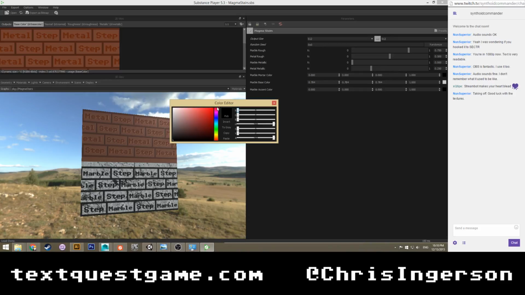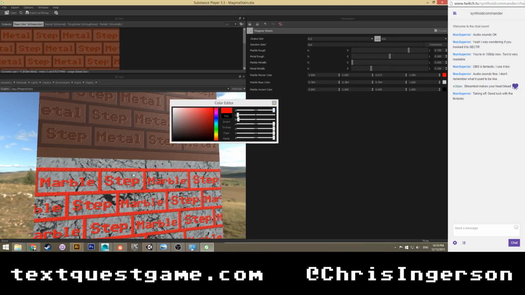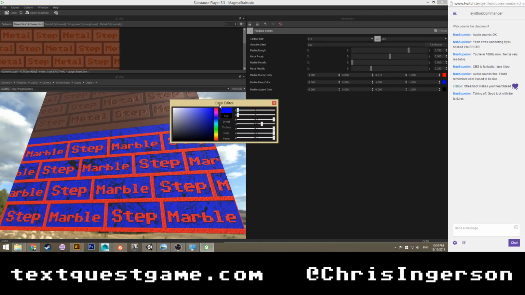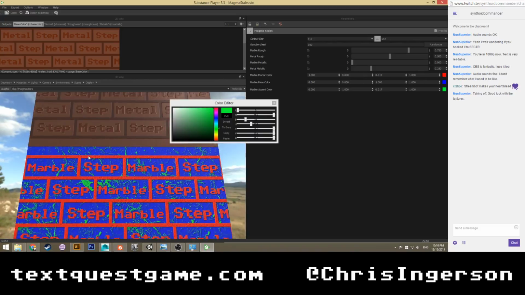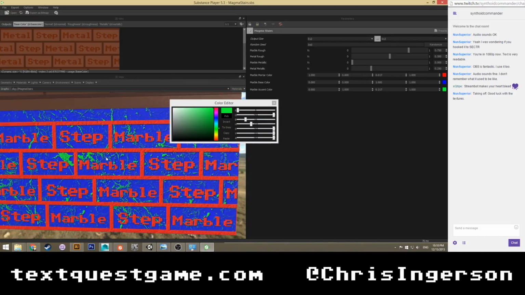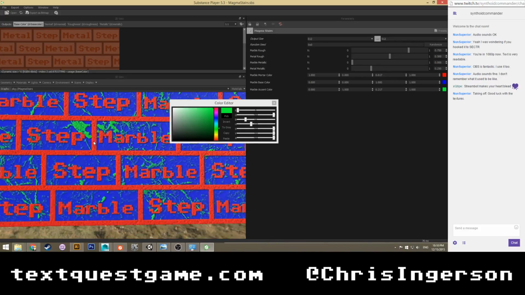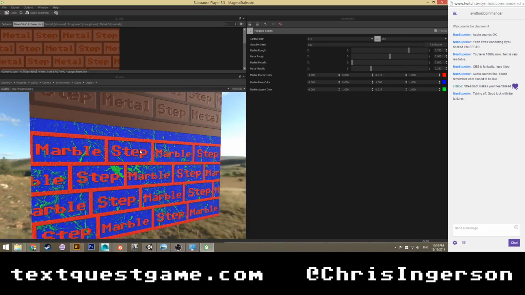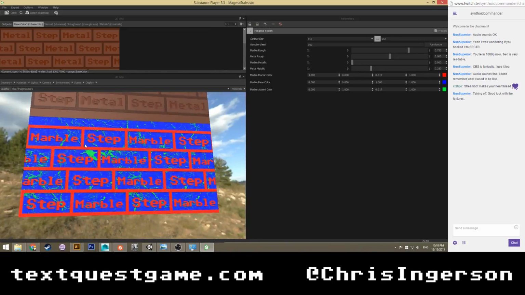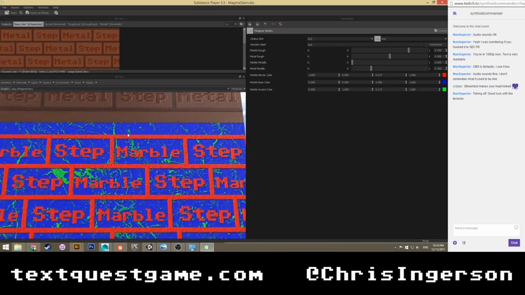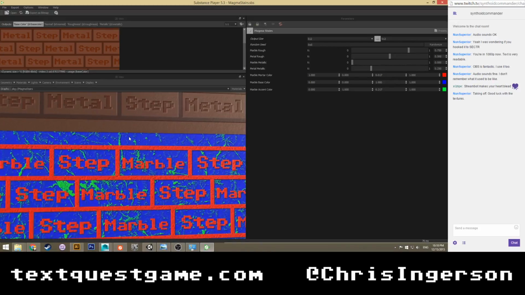Let's see, marble mortar color. Let's change this to be bright red. Good. Change our marble base color to be bright blue. Oof. And then trifecta of green. Look at that. I feel like I just made an Atari 2600 game in the modern world. Well, to be fair, that's kind of what I'm shooting for. Ooh, red. Makes it very hard to look at. Okay.